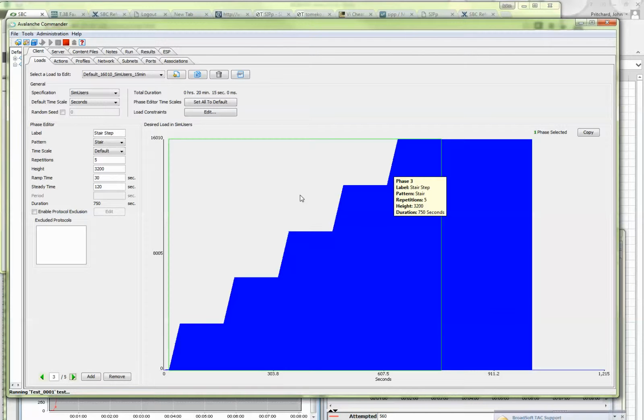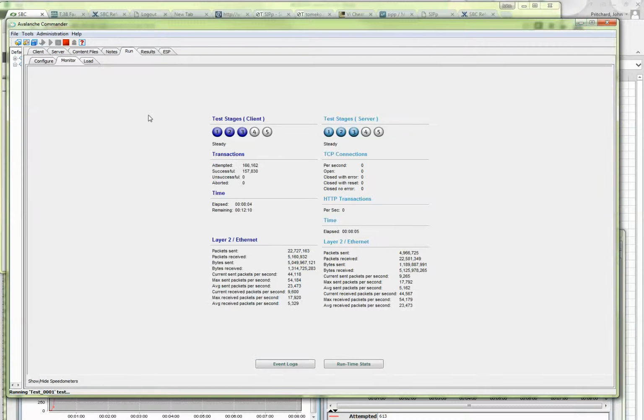So a lot of trial and error going on with this over time, but I think we can get to about 12,000 calls before we see a problem with memory, based upon the last test event log that I reviewed. So now go back to the Run Monitor tab,